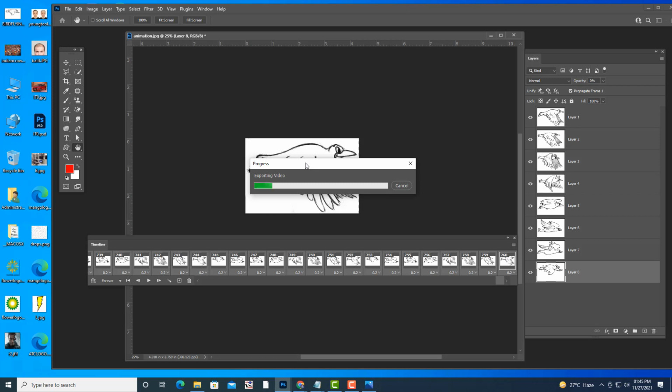Actually, if you are doing the same thing in Premiere or After Effects, within a very short time it will render this type of video. But this is Photoshop. It's a very small video actually, there is nothing in this, but still it is taking this much time. That is why we don't use Photoshop for video editing. We use Photoshop only for photo editing, image editing. We just have to be patient.